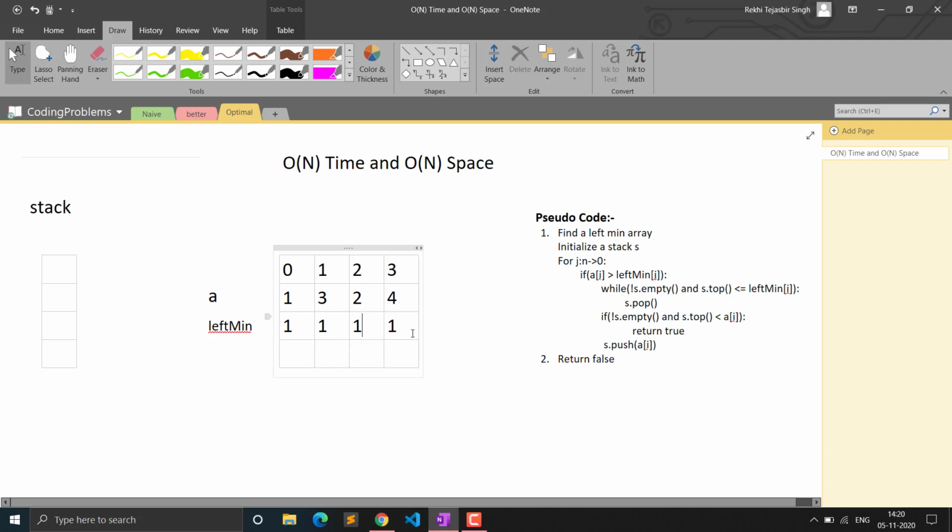So now we have to just find the kth element, which will be smaller than this element but greater than the ith element. Let's see how we can do that. Now let me run only the algorithm as a dry run.